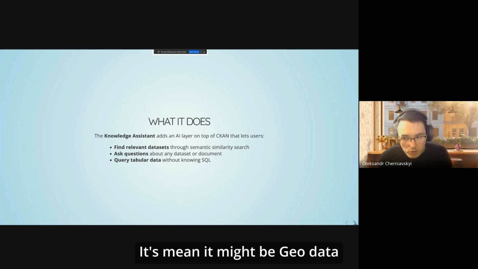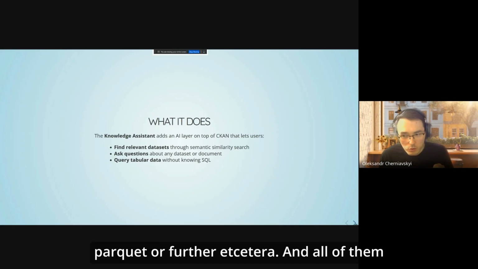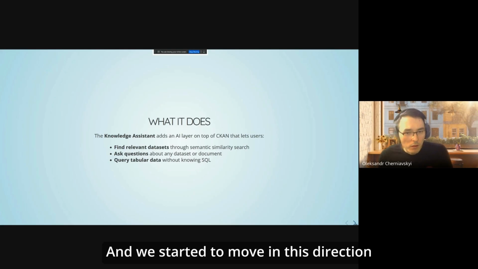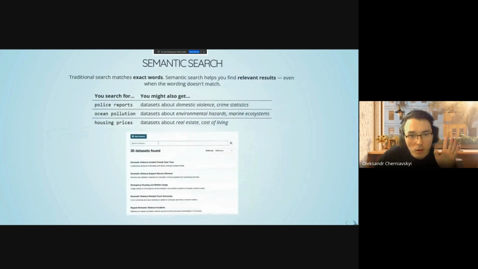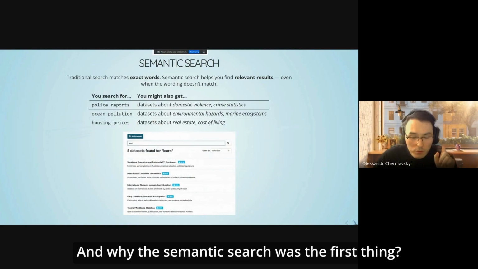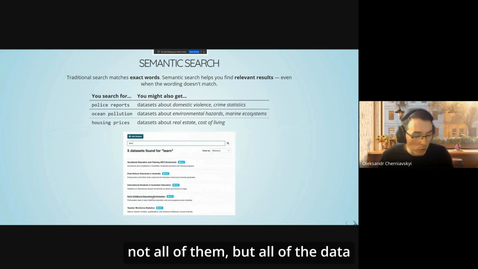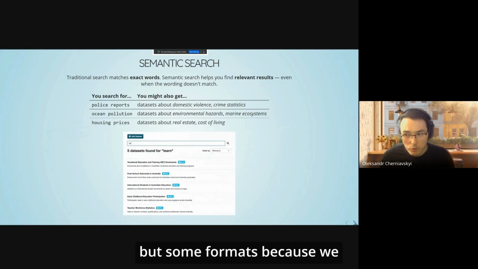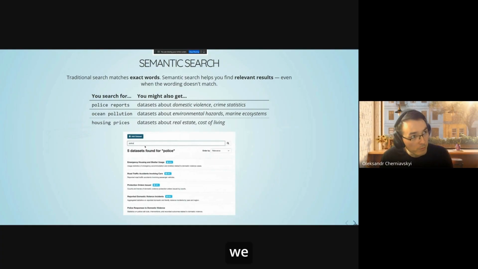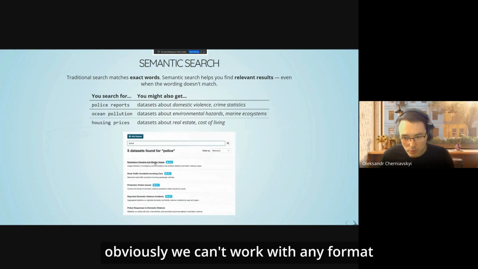We have a lot of different data. It might be geo data, it might be some PDF, a lot of tabular data, CSV, TSV, Parquet, ORC, Feather, etc. And we started to move in this direction. And why was the semantic search the first thing? Because when we gathered the data that we have, not all of it, but some formats, because obviously we can't work with any format.